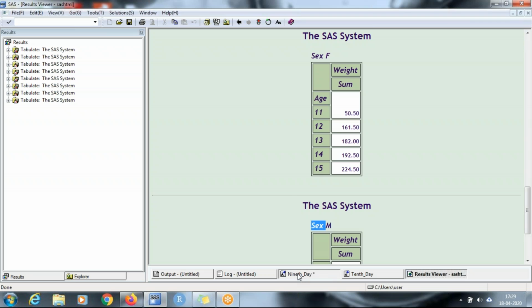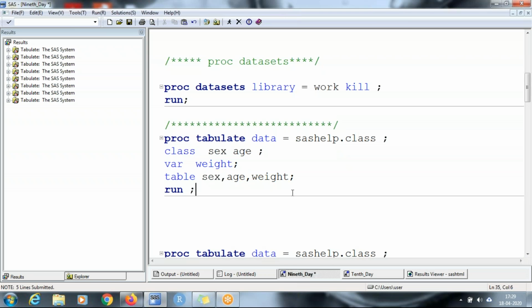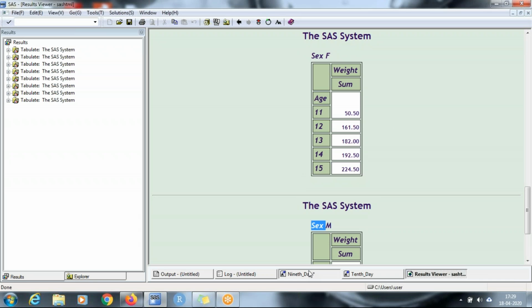Okay, yes, I got it. So here you did it on age, but I guess I did it on sex. That's why for everything it's showing different tables. Yeah, so I made this a page dimension. So this variable contains only two data points, which is male and female. And that's why I got only two tables. Okay, yes, got it. Thank you.